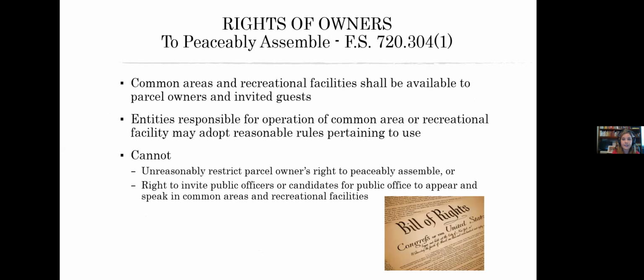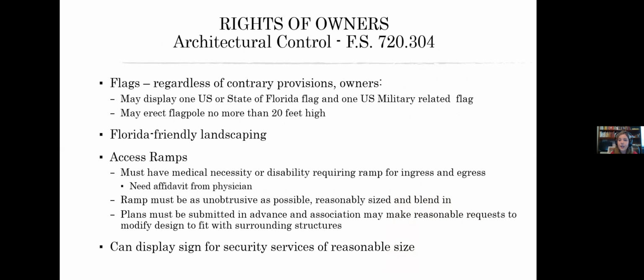Can't prevent that. On signs, we get a lot of questions about campaign signs. Campaign season is coming up. You really want to look at your individual documents and see what they allow. If they're silent, you're probably going to fall under your municipality requirements for signs. A lot of towns in our area say you can put a sign up 60 days out ahead of the election. I know some associations, their documents say no signs, but they have a history of permitting political signs a month or two before an election.